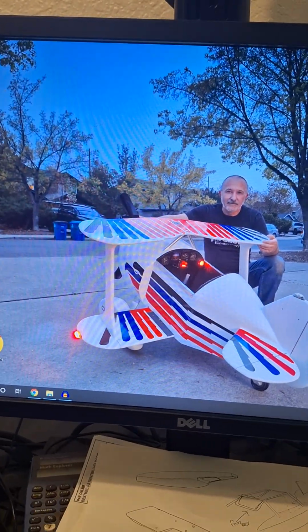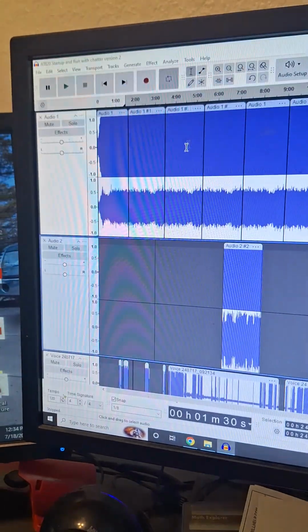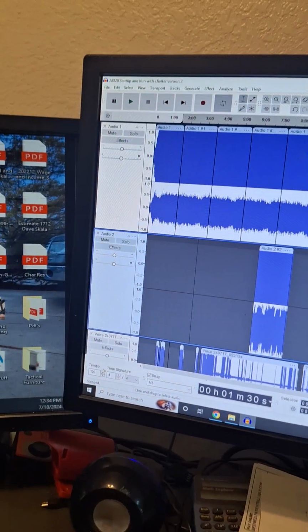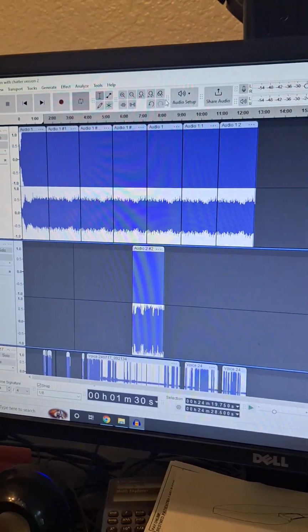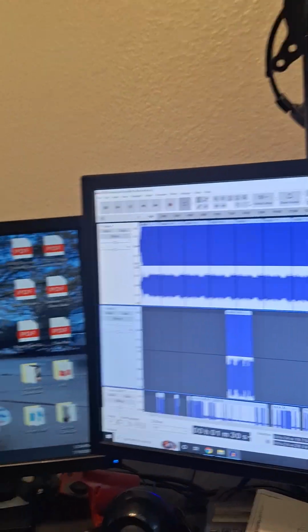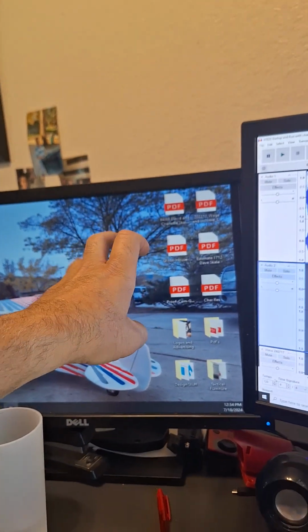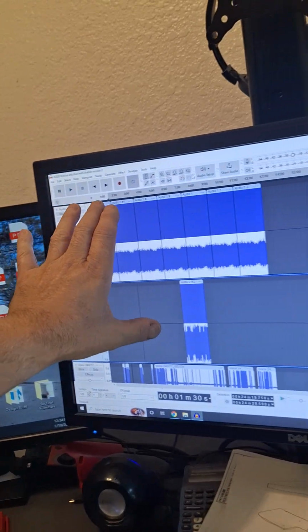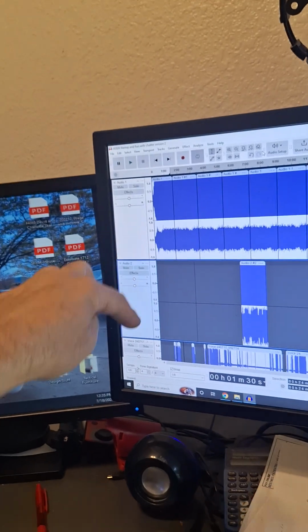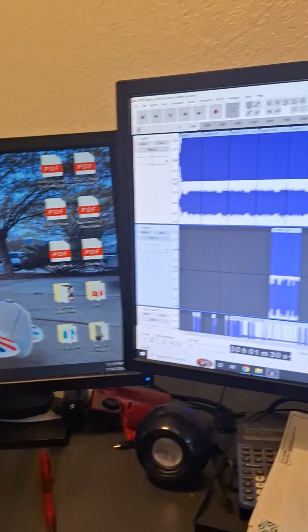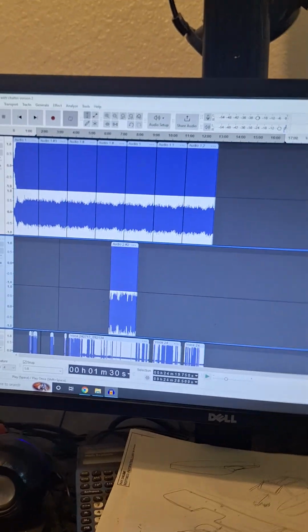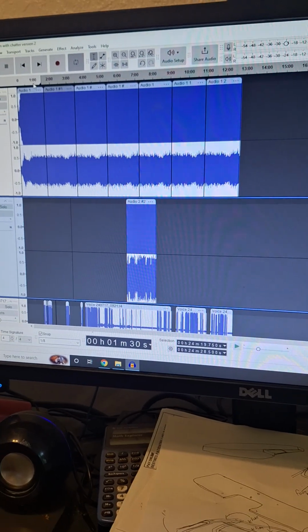Okay, so what I do is I go to Audacity and I download my video sound. What you do to use this is, in Audacity, you can open a YouTube video here, hit start record here, and it will record only the audio of what you're playing live, and then you pause it and shut that off, and then you end up with the audio files only, and then you can crop it. Now in this case, what we have going on here is if I take it over here,